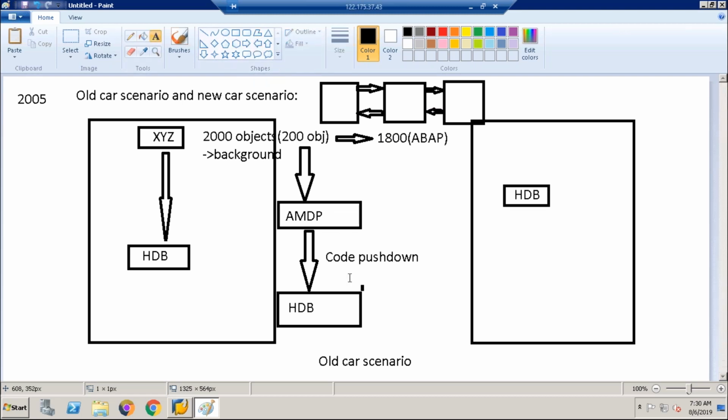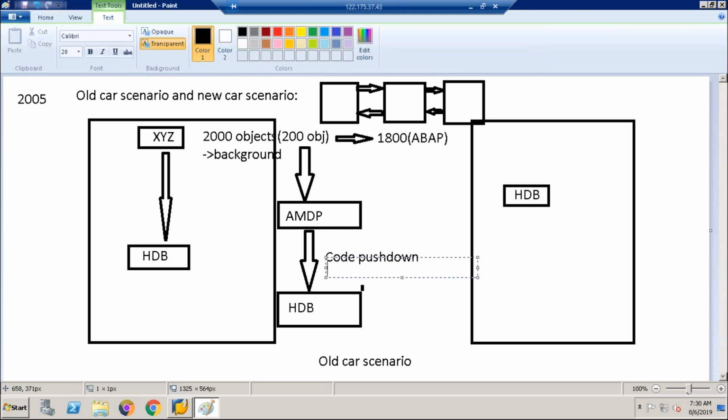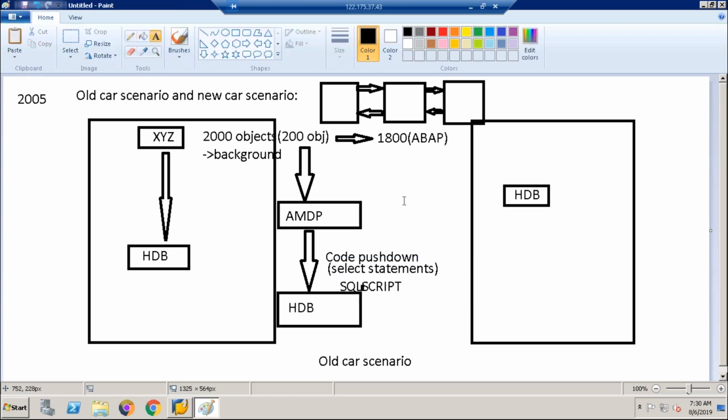So that's why here we are writing only select statements, because your code executes in the HANA database. No need of loops; looping and all those things are not required. We need to write only select statements, in the sense of HANA SQL. We need to follow SQL scripting, guys. There is no concept of the ABAP layer here. The entire code is pushed down directly to the HANA database, so R3 architecture does not come into the picture.